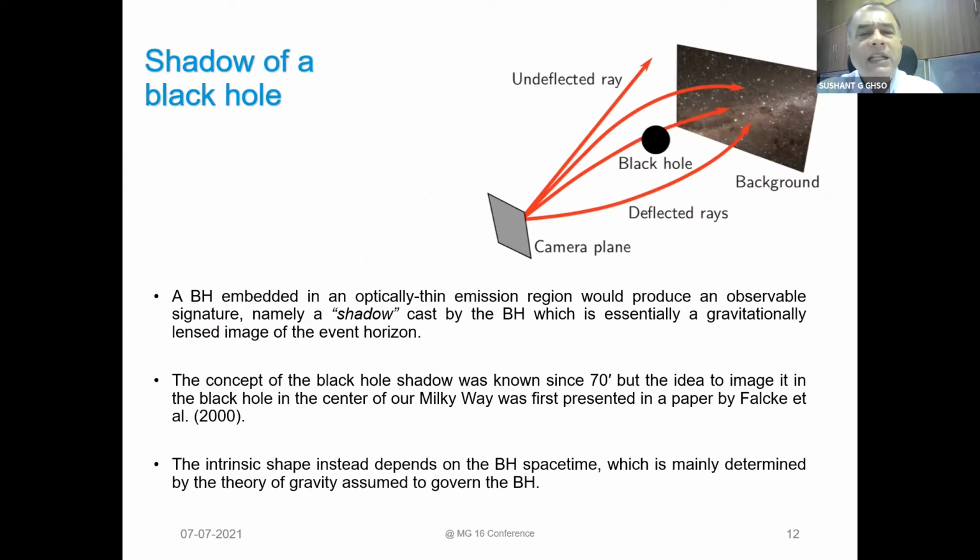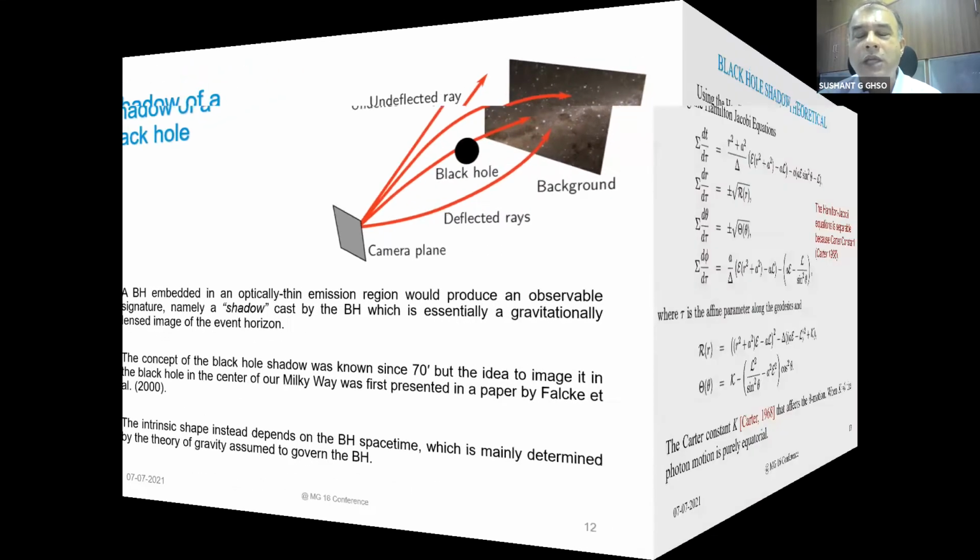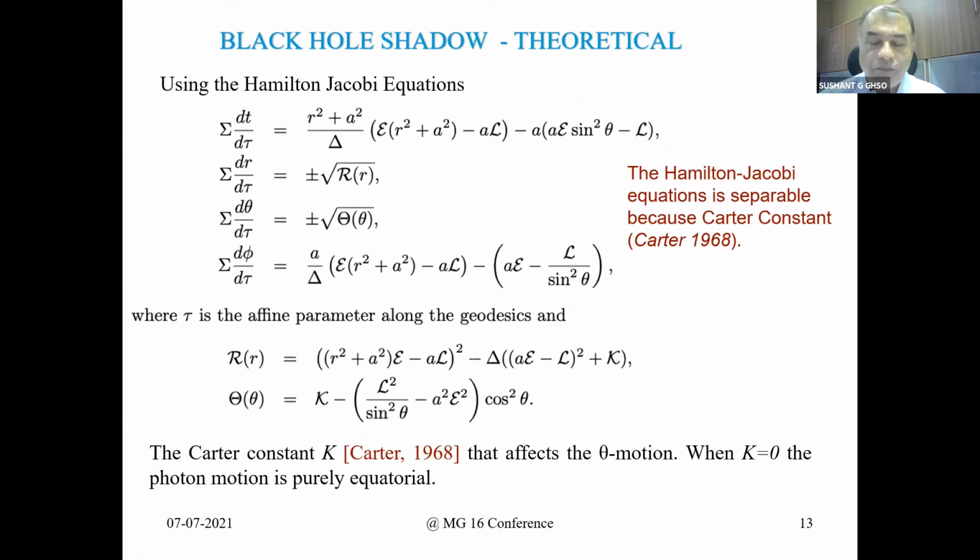Right? Now we know that this concept of a black hole shadow was originally proposed by Bardeen and Synge long ago in the 70s. But imaging was possible only later, in 2000, when Falcke proposed a VLBI technique, and then they had chances of imaging. So theoretically they started imaging in 2000, and then finally it was realized in 2017, and in 2019 they released the picture. So we need to consider the motion of the photon.